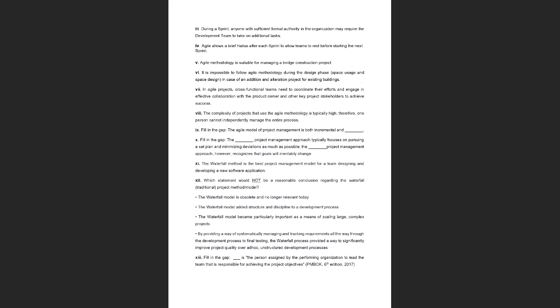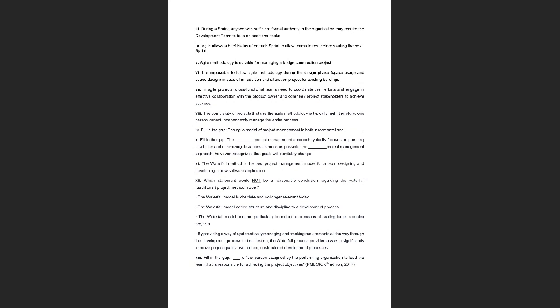All right, so I'm filling the gap now. First one, maybe you can guess. The agile method of project management is both incremental and what is the next word? Repeating, something related to I. Any guesses? Iterative, yes. I think this was covered in your lecture. It is incremental and iterative. Iterative means we constantly keep discussing with the project sponsor, and then we keep improvising. So it's an iterative process.